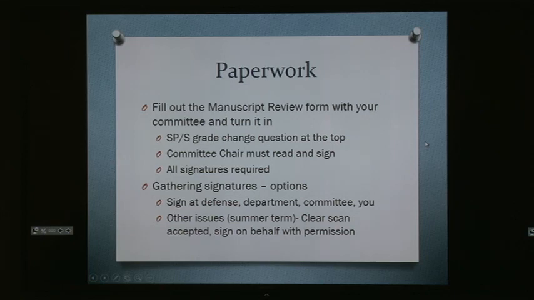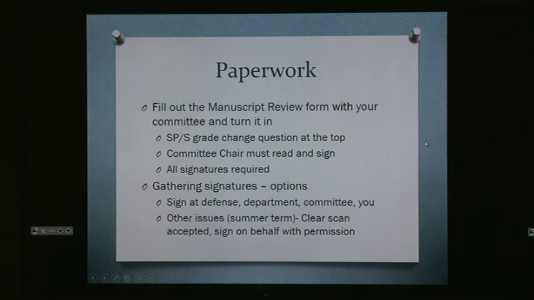Okay, and this is summer, so finding your committee members is tough. Finding your committee members can be tough regardless, but in the summer, they typically take off into wherever. So gathering signatures in the summer especially can be difficult. It is a good try, I guess, if you can get everybody to sign at the defense, if they're happy with what you defended. If it's a successful defense, they're all happy with everything, they're good to go, they're ready to sign right there. You've got them all in one room.